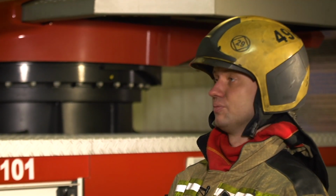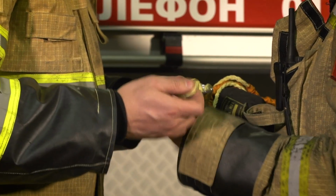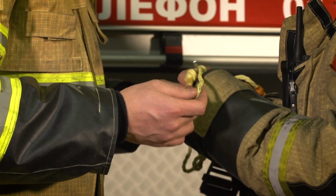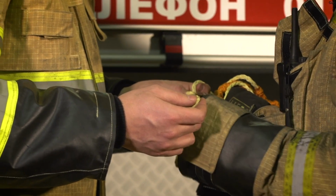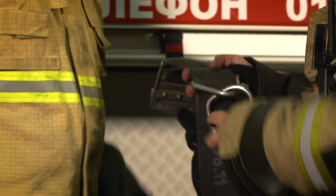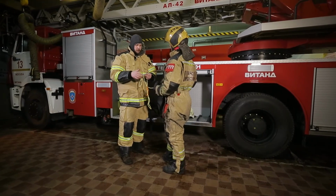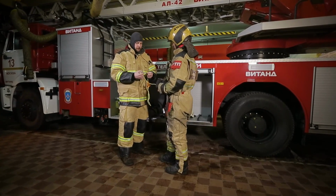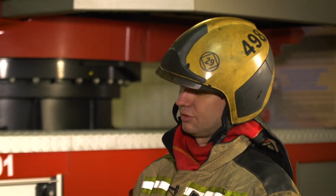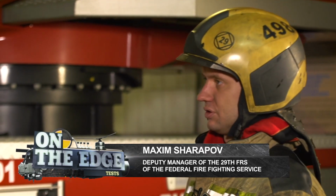So you attach it to, say, a radiator, and it's already hooked to your belt. Then we hook it to a carbine, this small metal device here, and then we go down to the floor below. Its length is 49 feet, enough to go down 5 floors. And if the room the firemen have to escape from is enveloped in flames, the rope won't burn, will it? It's not flammable. Is there a rule on self-rescue device packing? Our instructions describe all of this, and it's already set to the hot configuration when the fireman enters on duty